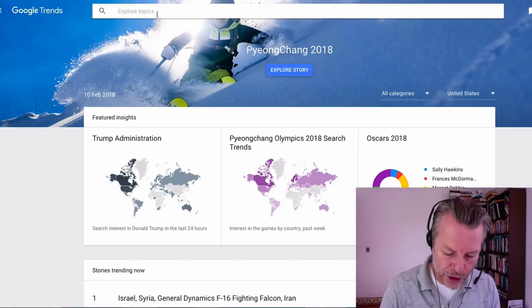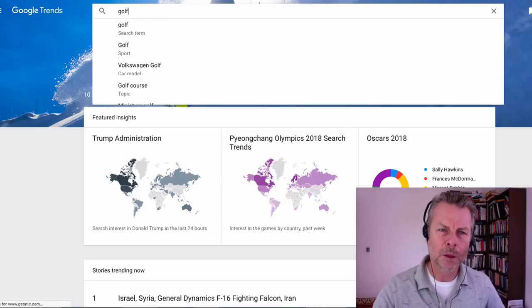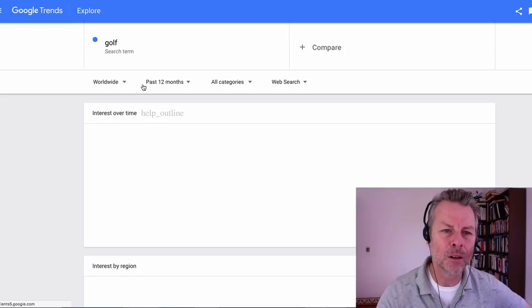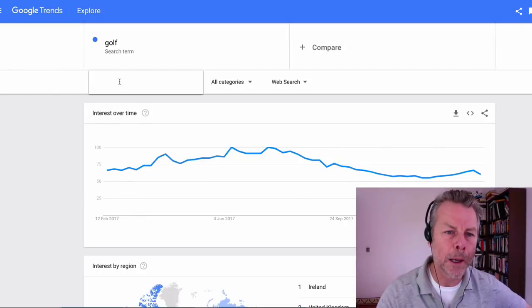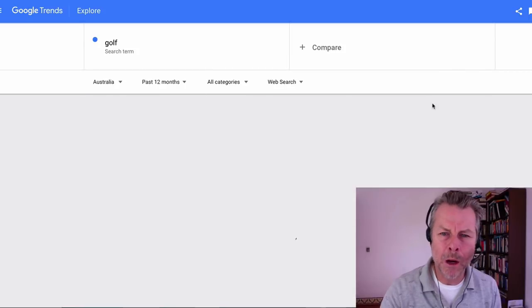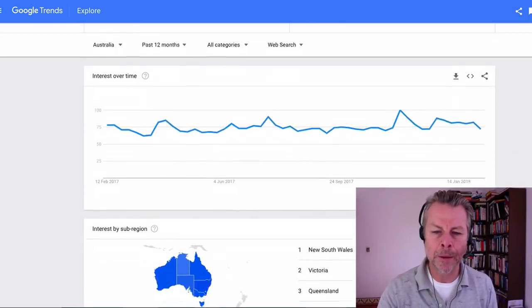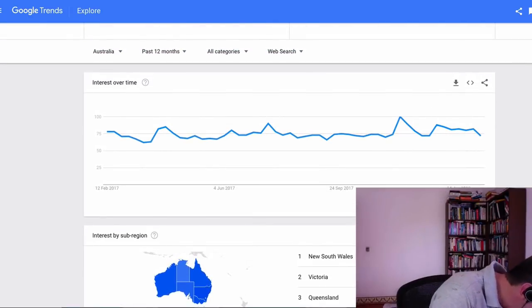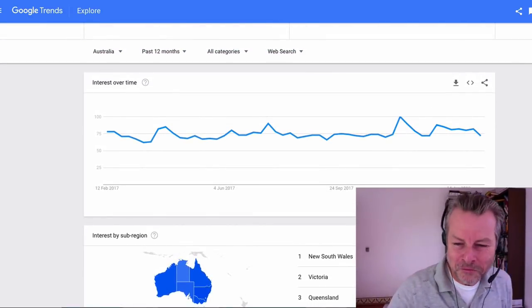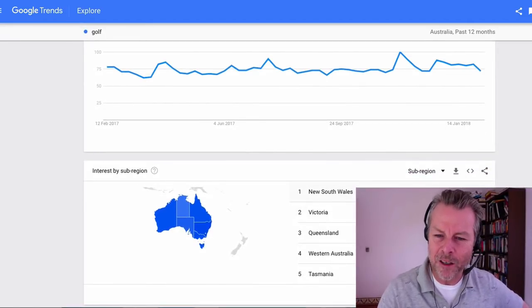Australia. Let's just check Google Trends. I'm just going to go golf. I just want to see the uptake of golf and how golfing's going in Australia. And we're just going to focus on Australia, mostly because I want to see whereabouts folks are searching most, because it's going to be consistent. We knew that anyway. All right, so most of our traffic is based in New South Wales, Victoria and Queensland, but it's